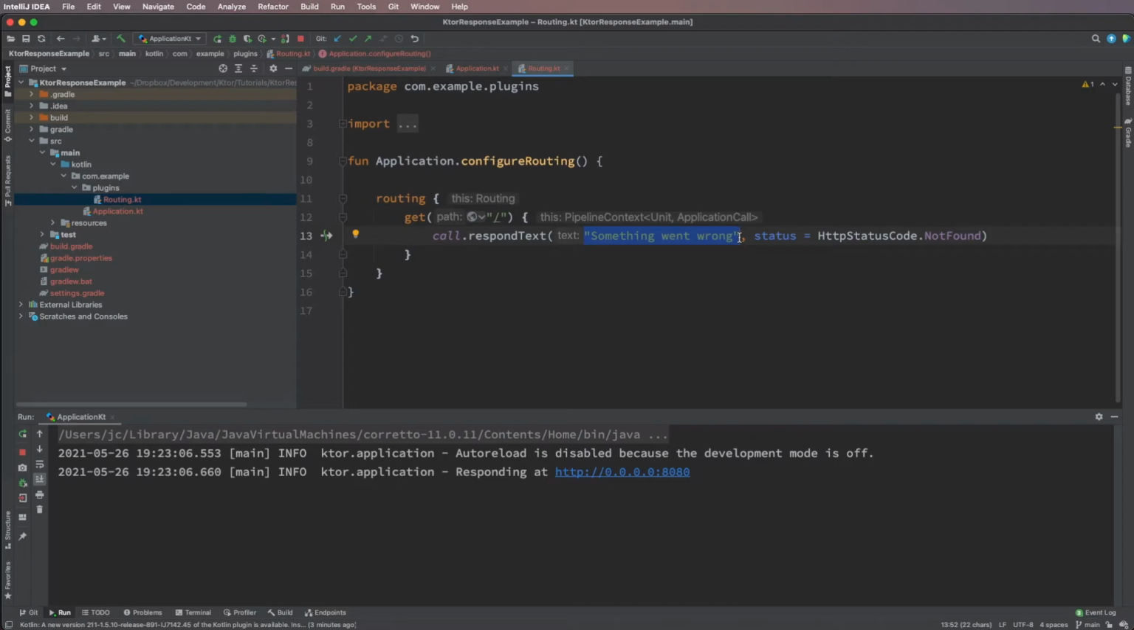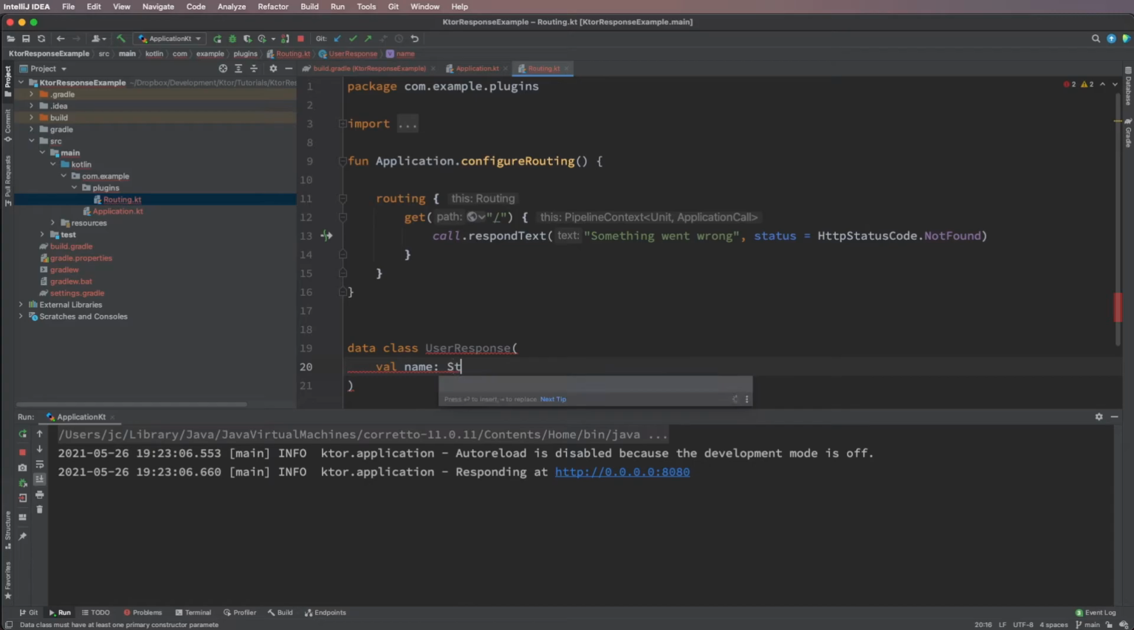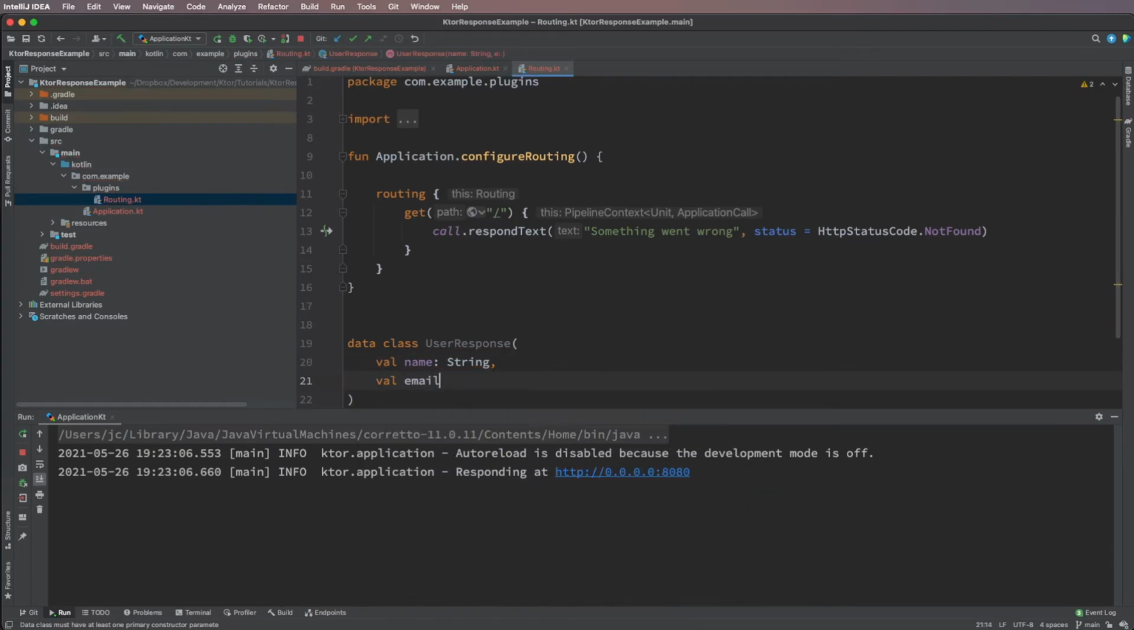Most of the time, we would like to send JSON as the response as well. You saw in the last video, we were receiving JSON as the body in our request, and we were deserializing it into a data class. Now we will learn how to send JSON as a response back to the client. Similarly, we will create a data class and name it UserResponse and give it two properties, name and email,